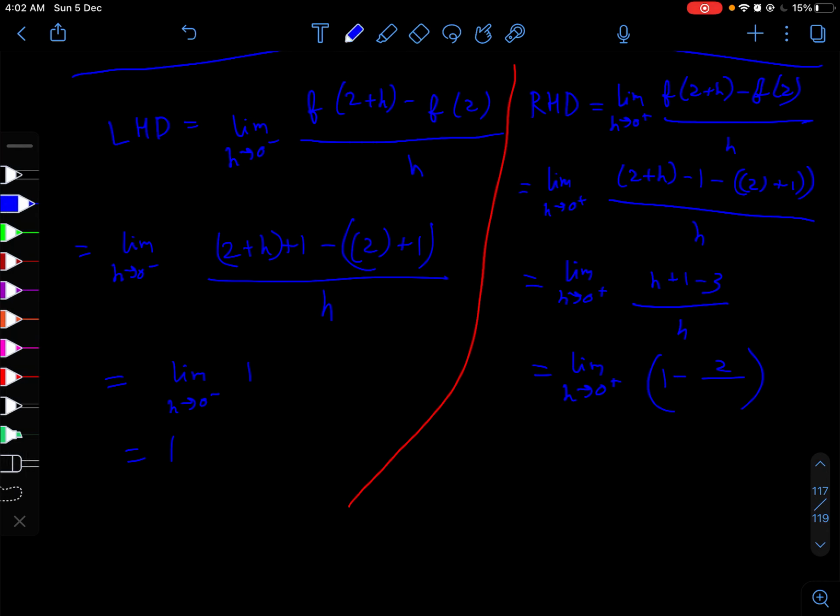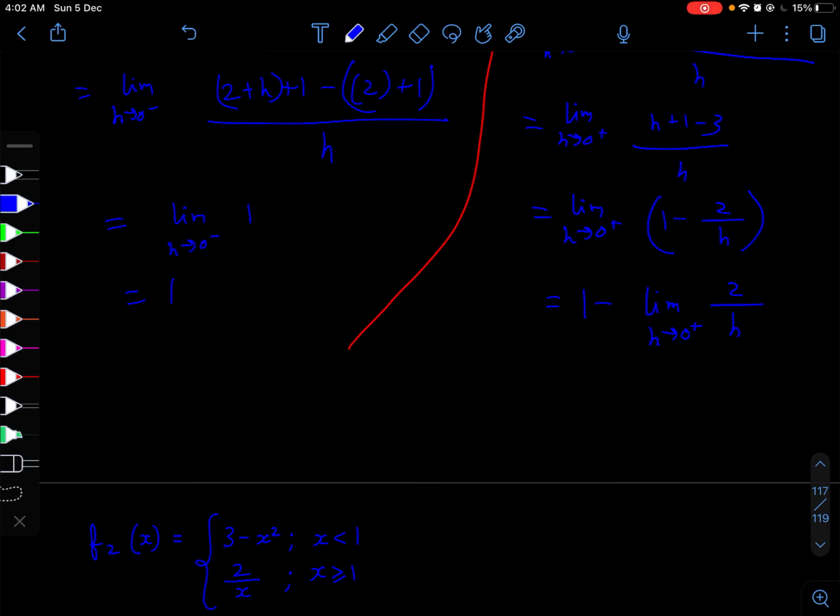So basically if we split the limit, then if we distribute the limit we get this. So now as h tends to 0 plus, 2 by h is going to approach infinity. So 1 minus whatever's approaching infinity, this will approach minus infinity, which is clearly not the same as the left